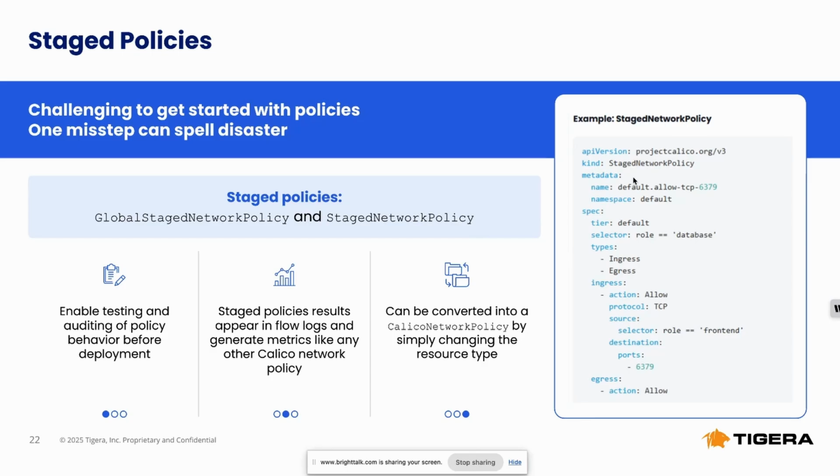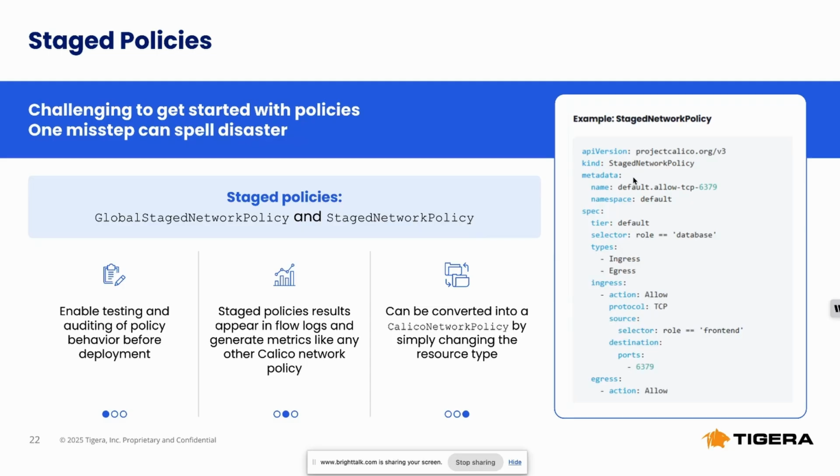So you'll be able to go into the flow logs in Whisker like we saw, and you would end up seeing the staged network policy there, and it wouldn't actually be blocking or allowing the traffic. It should show you what the outcome of that policy would be if it were enforced. So you can add your staged policies into your cluster, go and verify in the flow logs before you actually start to